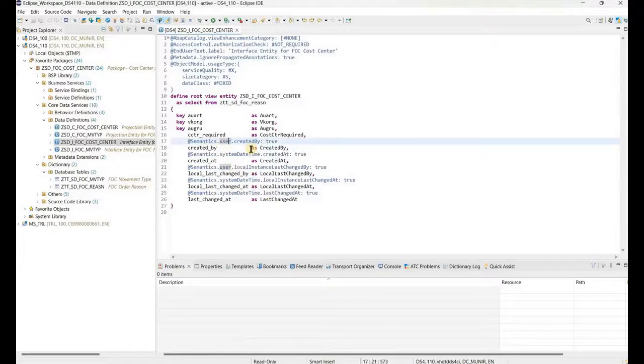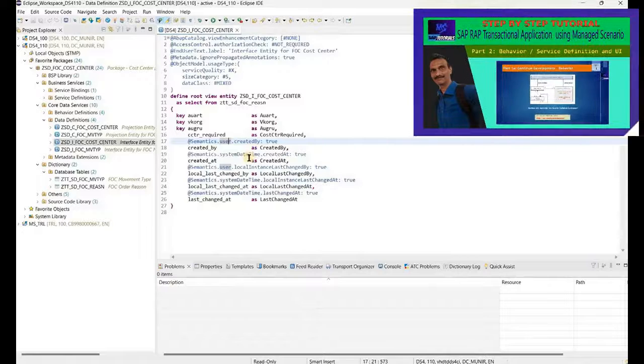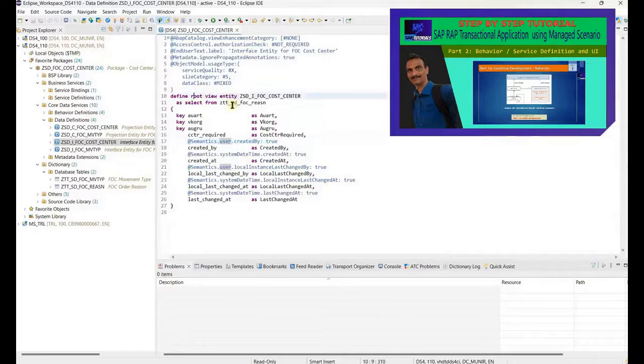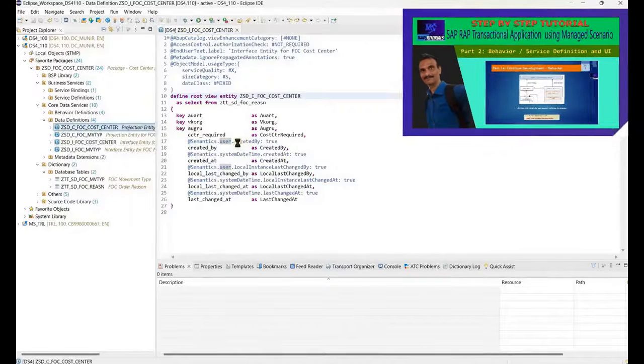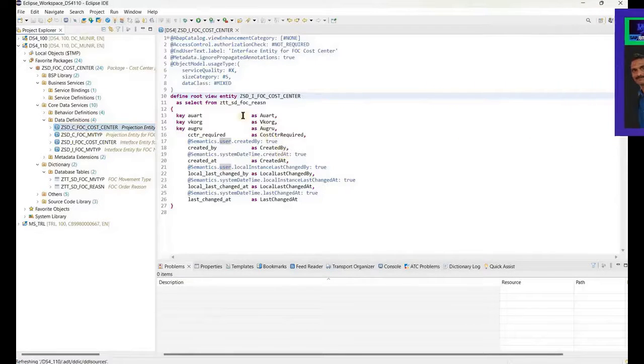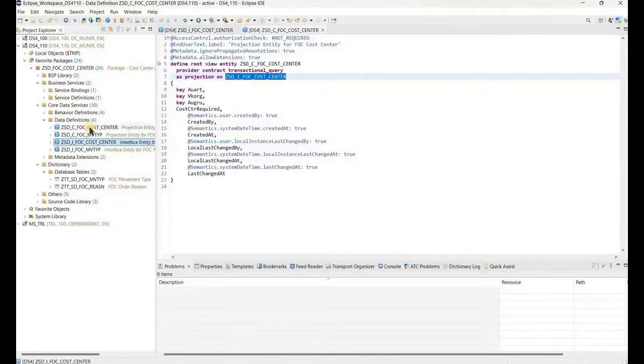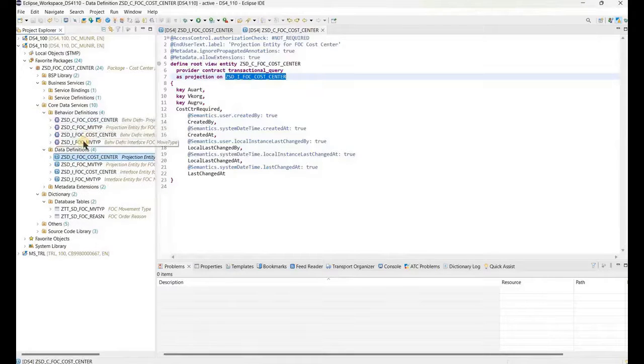If you don't know what the semantics are, you can watch my earlier playlist on creating a transactional app using managed scenario. Now, once we have our root entity defined, we need to also define a projection entity, which will be nothing but a projection view based on our interface view, and I am taking all the fields there. So single table, one interface, one projection view, and then we need a behavior definition for